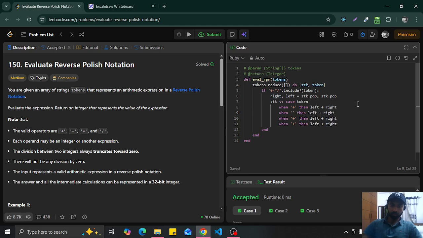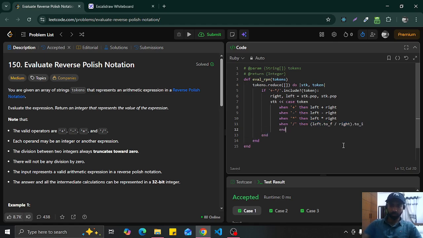If the token is minus, left minus right, left multiplied by right, and for division, we have to consider the floating point number here. So to_f, to integer,